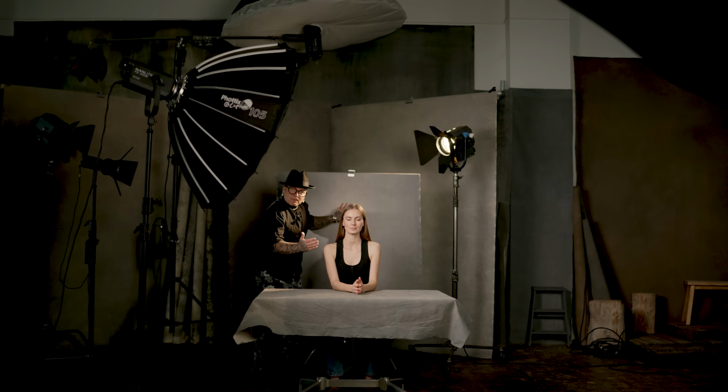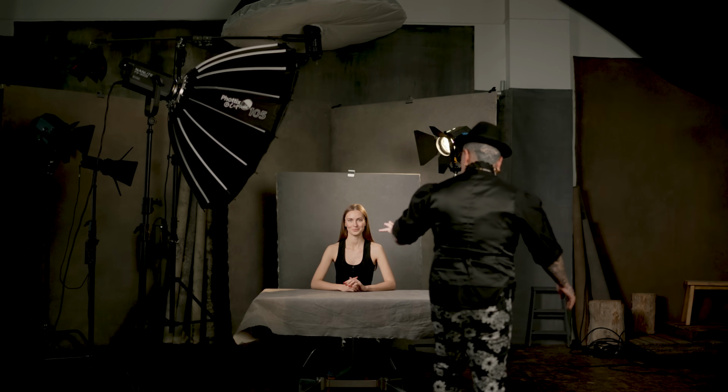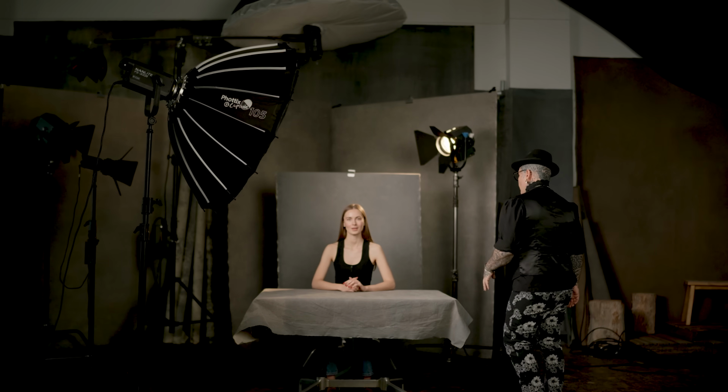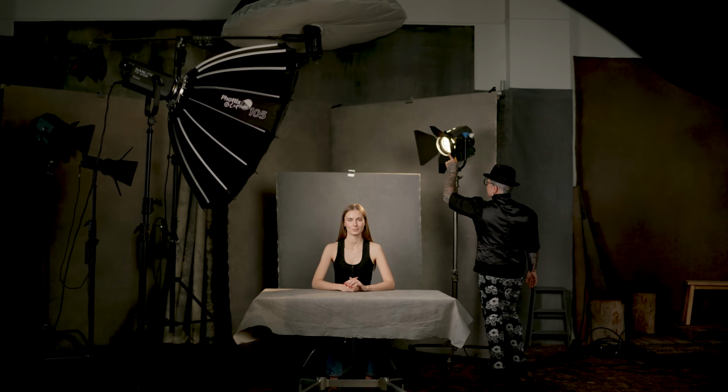And then we're creating dynamic separation between her and this backdrop directly behind her with this light. So if we turn that off, we see how flat things are getting very, very quickly, right? Now, she still looks fantastic, as she does, but that's because we've layered our light here. The way that we're lighting our primary backdrop and our secondary and tertiary backdrops is separate from how we are lighting our subject. So now if we start to look at this, we have this really rad old vintage Fresnel,